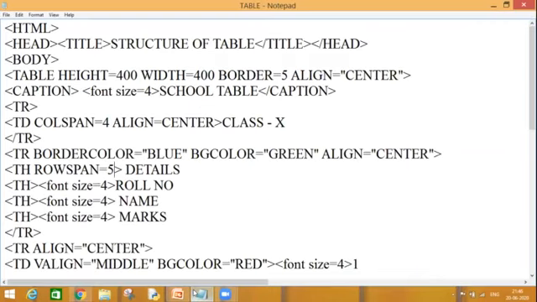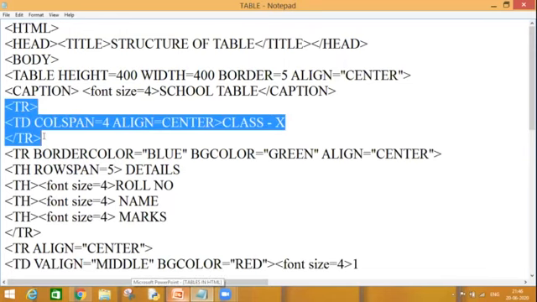Again, have a look, recapitulate the concept, try to listen. The first row is only and only containing the class 10 caption, having colspan equal to 4. That means in my first row, only one cell is there, which was merged together to form a single cell. Right?